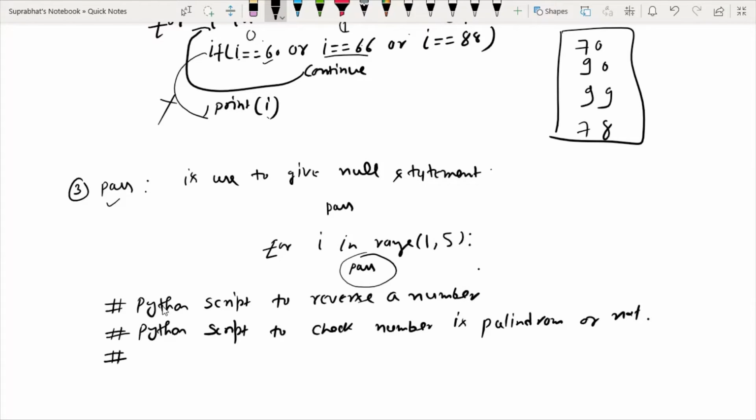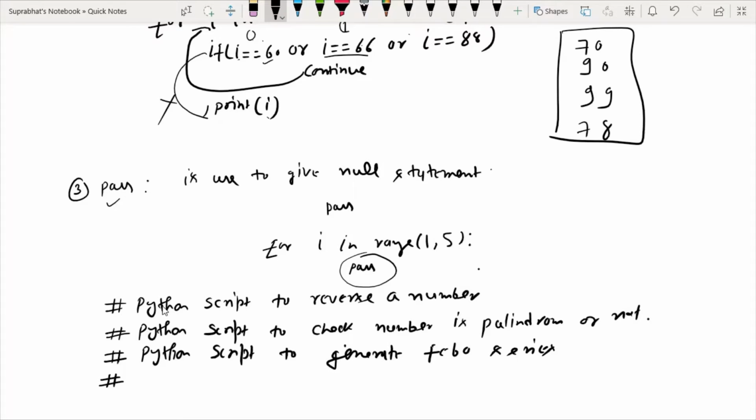Third script, a Python script to generate Fibonacci series, because all these examples are based on looping control statements in which we repeat the statements.